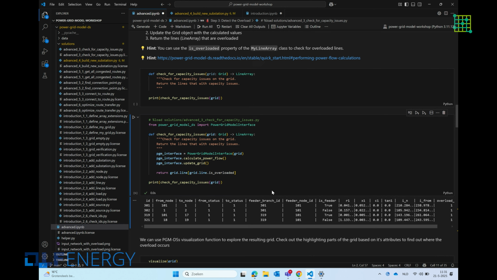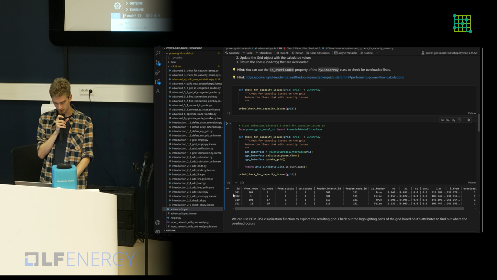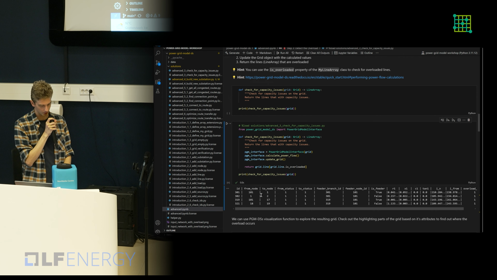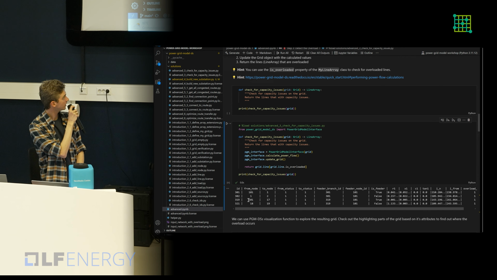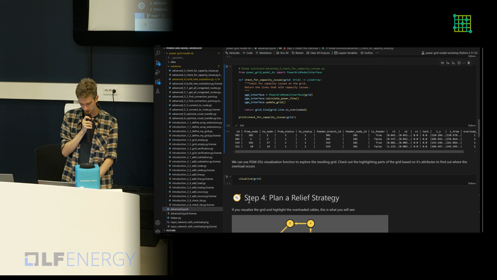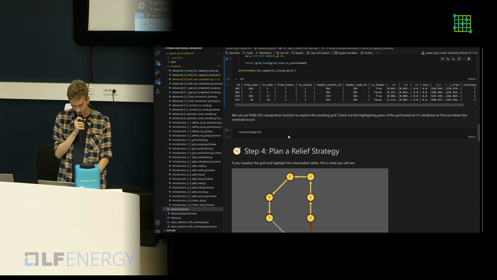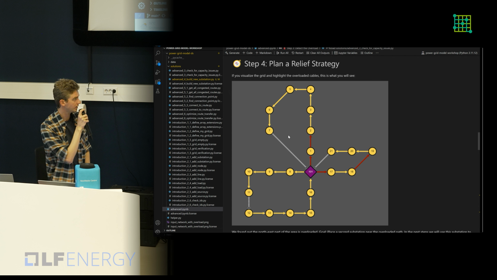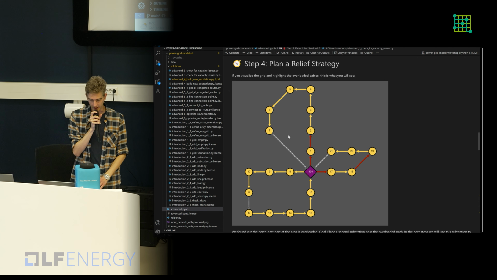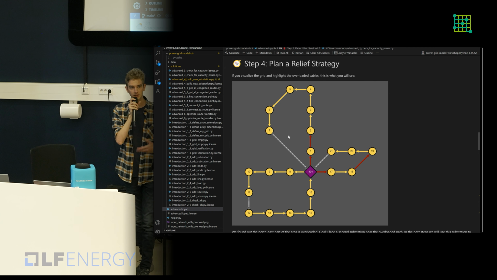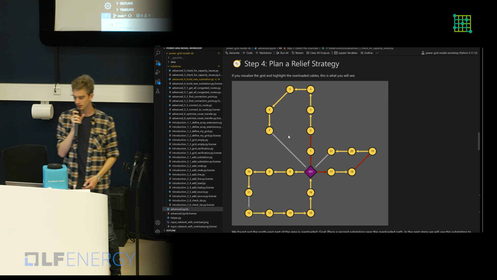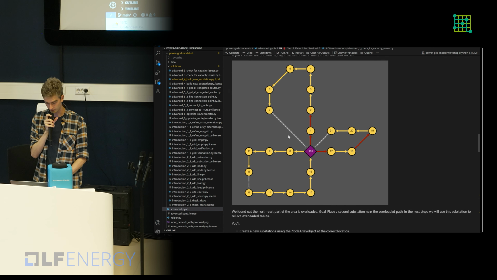Now we can see that 4 cables from all the cables that we had in the images now are overloaded. And let's see, the IDs don't matter that much, but the from node and to node indicate where the cable is. So 2 lines from our substation node 101 are actually overloaded. And we can visualize that using the PGM-DS visualizer. And now we can see actually, oh, we have a problem in our grid, right? So the red cables exceed their maximum rated capacity. And this is an issue that we want to solve.